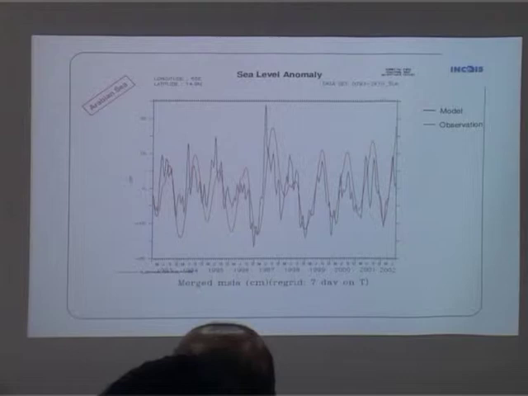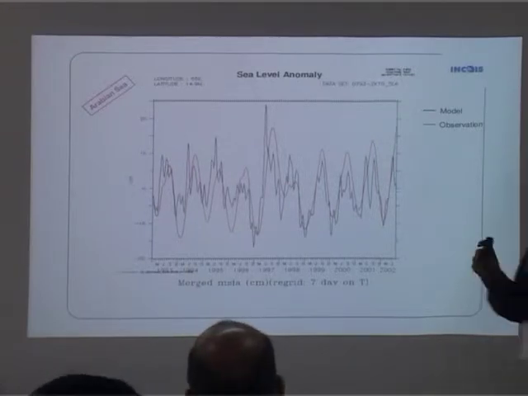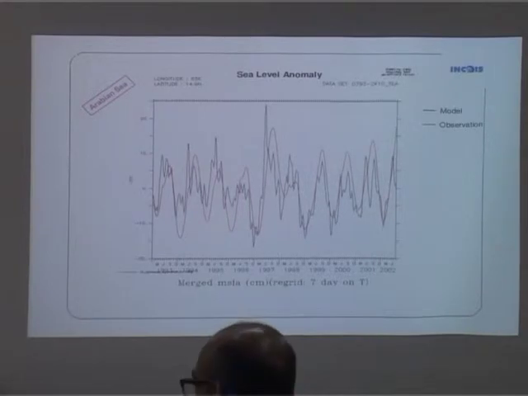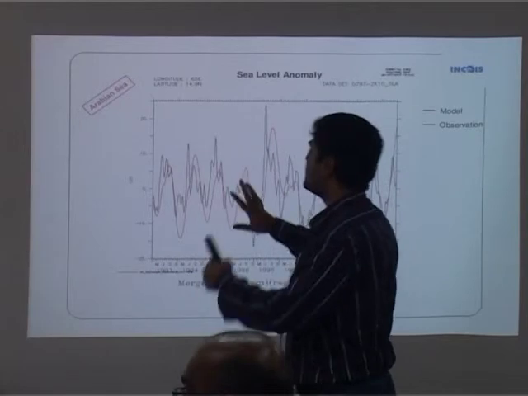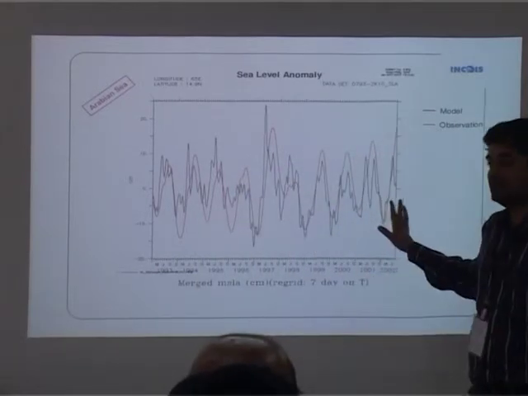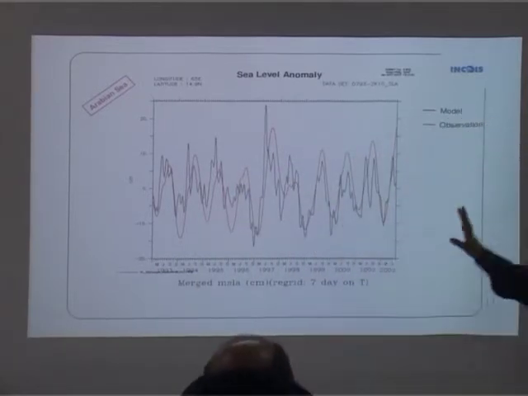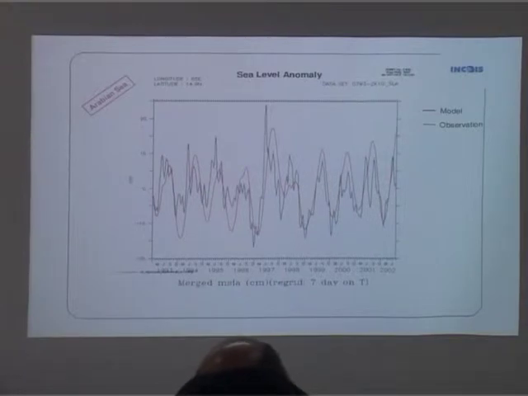These observations are different from the one that was related against. No, this is the same observations. Same observations. And this is without assimilation. I haven't yet assimilated. So this is how the free model behaves. No assimilation as of yet. I'm just saying how good the free model itself is.